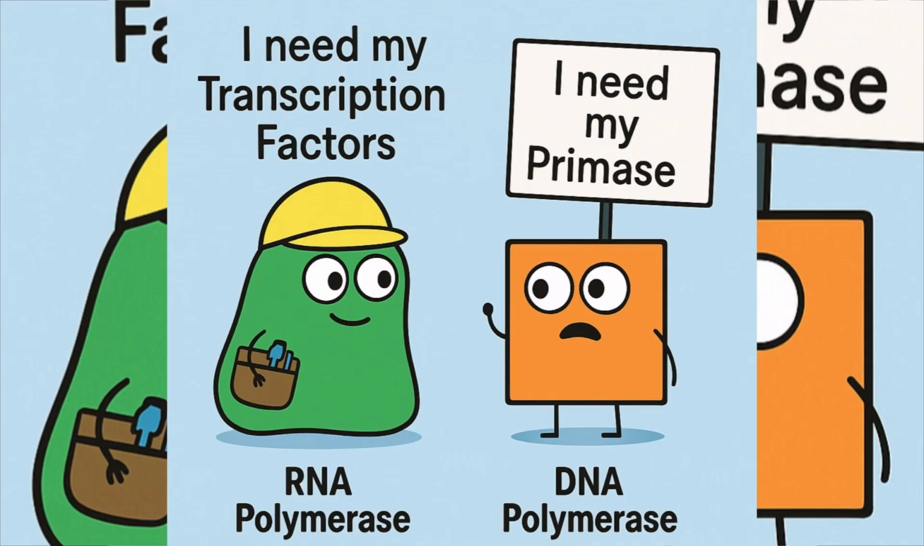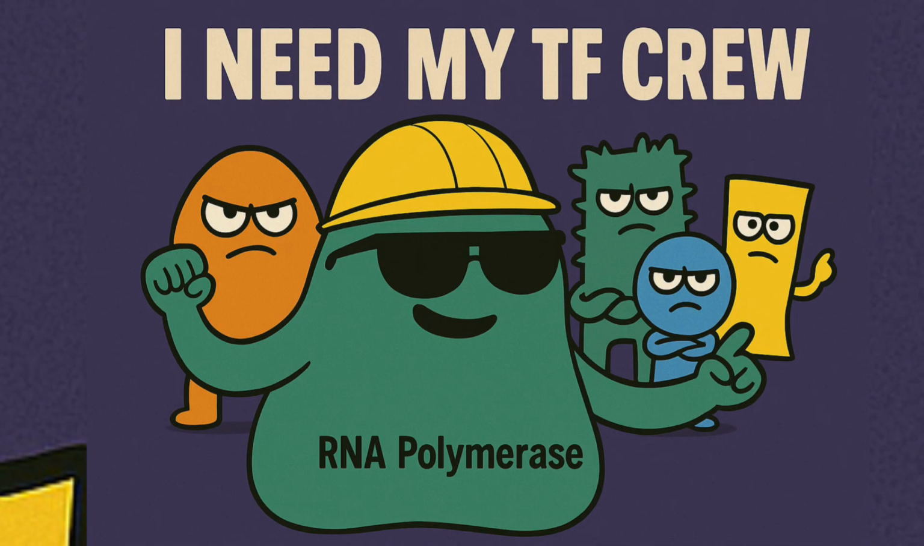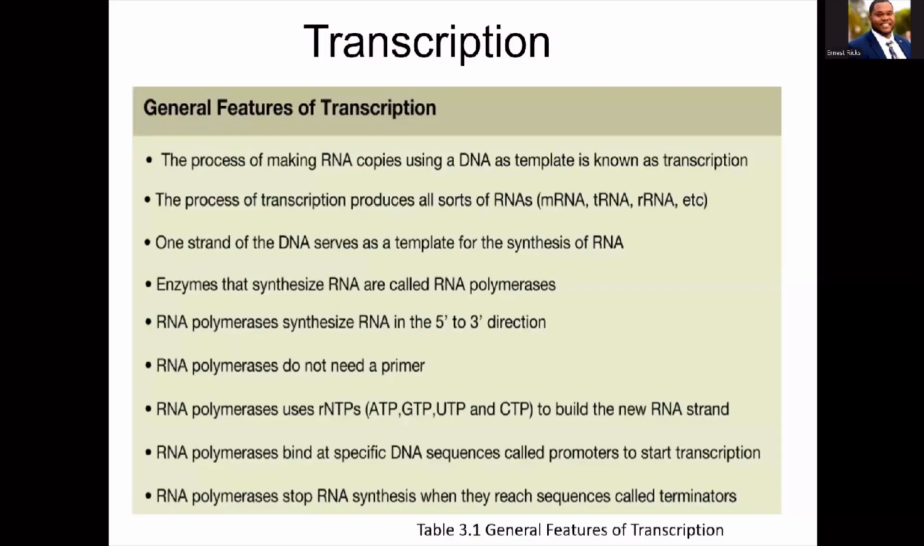Now, here's a major difference from DNA replication. RNA polymerase does not need a primer to start. If you go back to DNA replication, you're going to notice that there's an enzyme called primase, and that enzyme acts as the starter for DNA polymerase. However, RNA polymerase does not need that. It does use, however, the ribonucleotide triphosphates, so ATP, GTP, UTP, and CTP, as its building blocks to create your